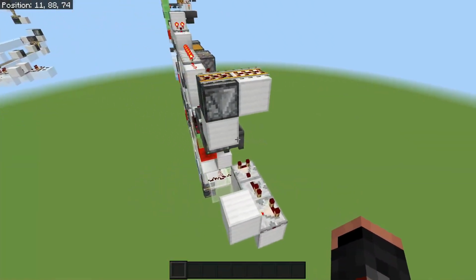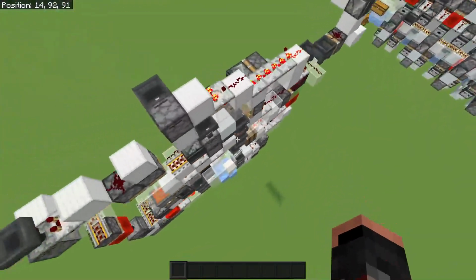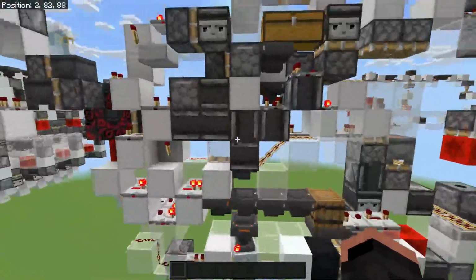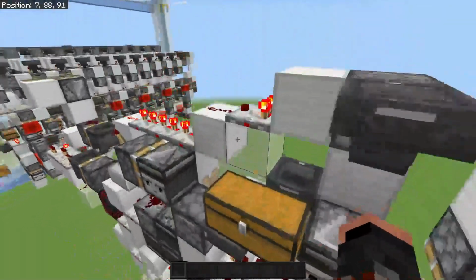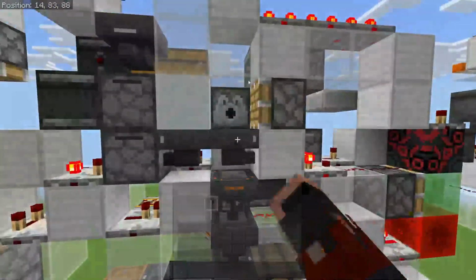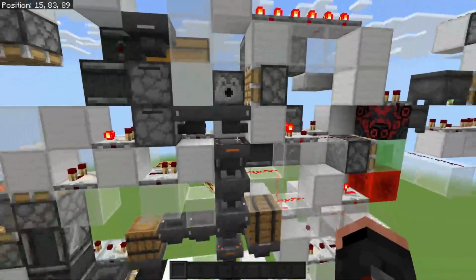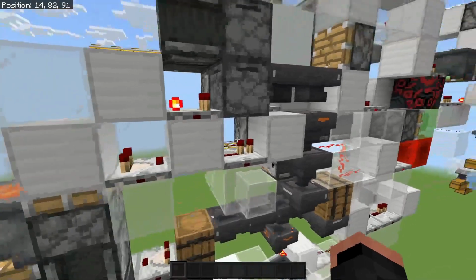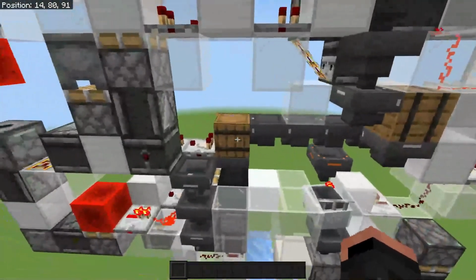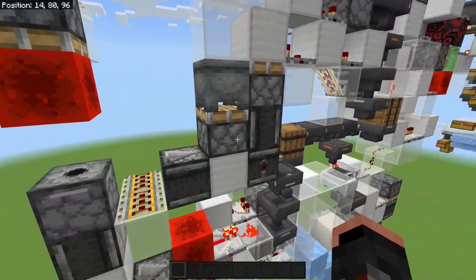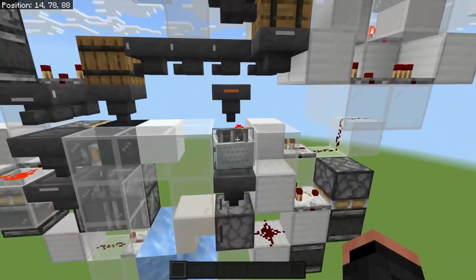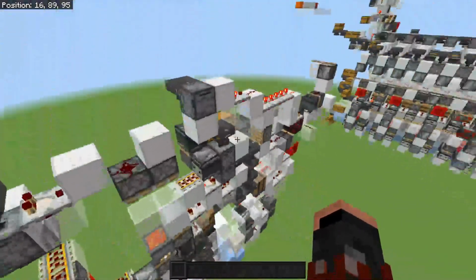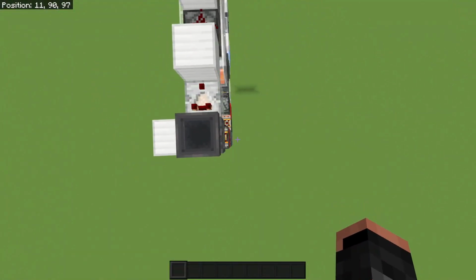Now, here I actually have a single slice of the entire system. This is the sorter itself. This is the splitter. We separate the items out. If we need to lock the system, this piston will fire. This one will never have fired because we are using this barrel as a detection method to fire this. And for items that are non-stackable, it could get fairly complex. But you can have as many of these slices as you want, and you stack them right next to each other,